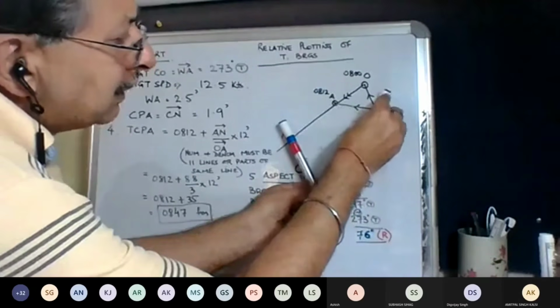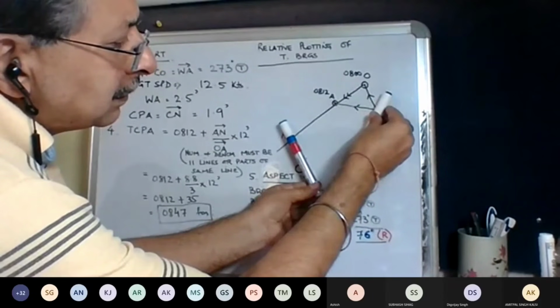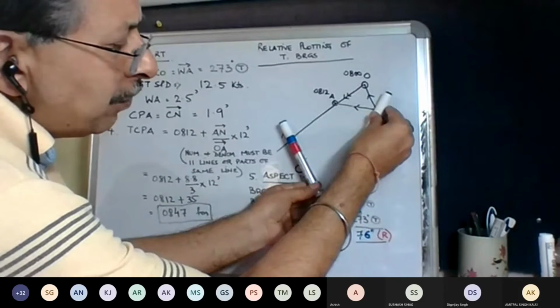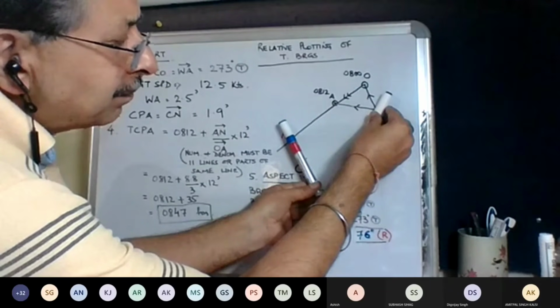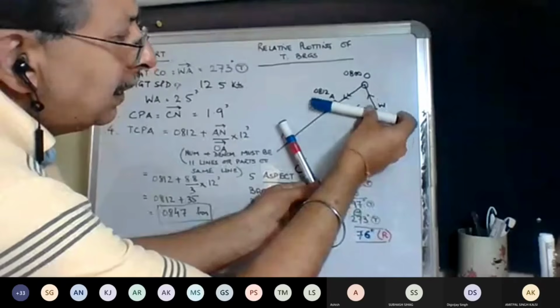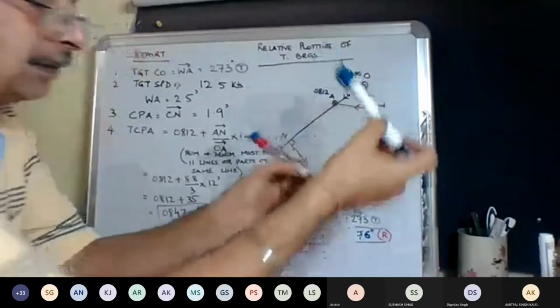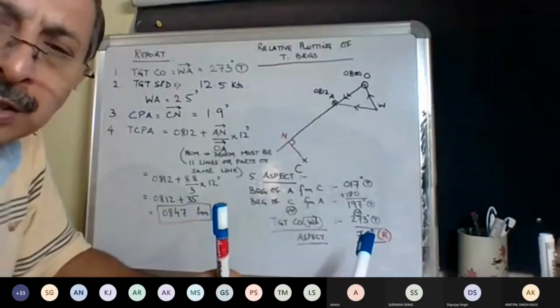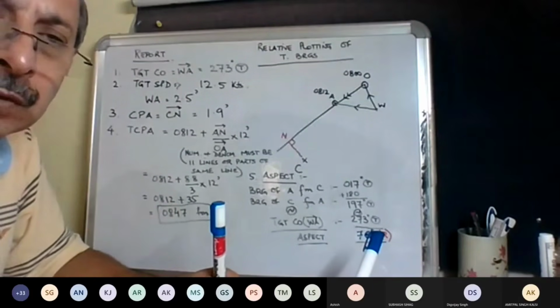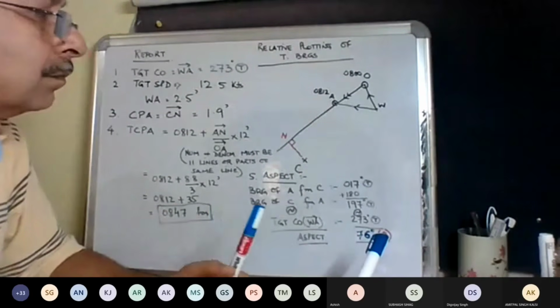If target was headed like this, then it would have been ग्रीन। So basically, रात को टारगेट की कौन सी लाइट नजर आती है उससे पता चलता है एस्पेक्ट ऑफ द टारगेट। राइट।